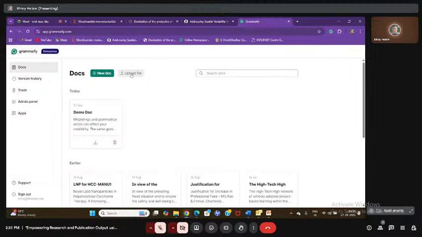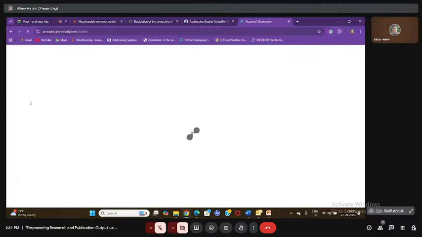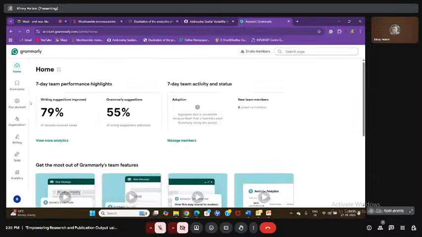If you want to customize, you have to come to the left side of your screen. It's showing me Admin Panel as I am an admin person, but for a user, it will show Account. So you have to click on Account. Once you click on Account, it will take you to the customization page. Please do not get confused, because on the left side, you will see a lot of